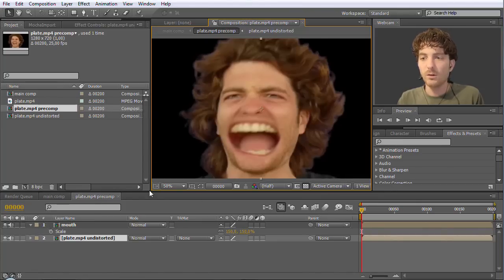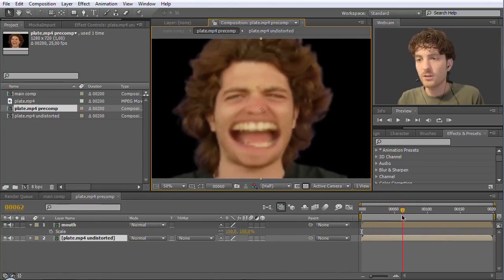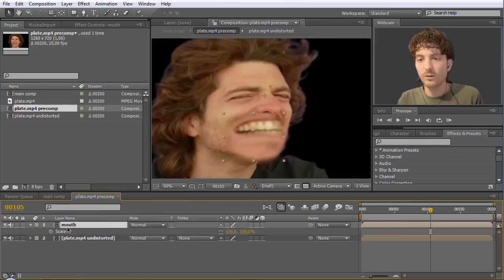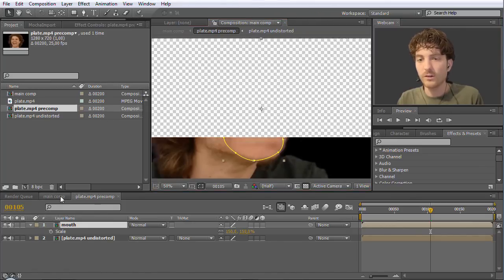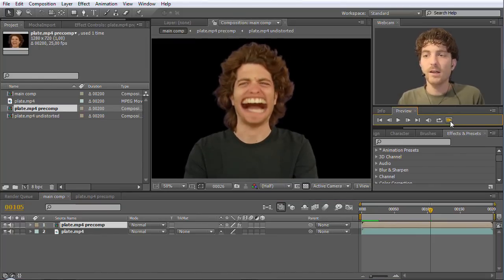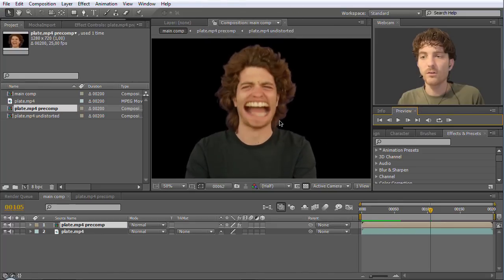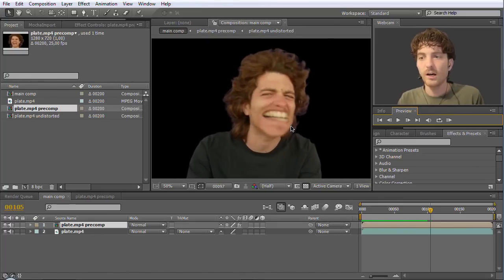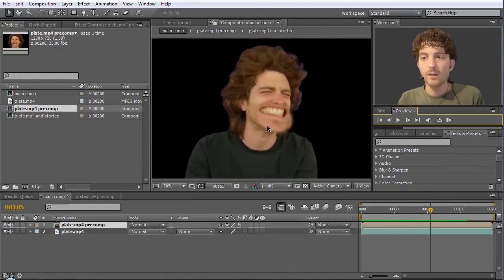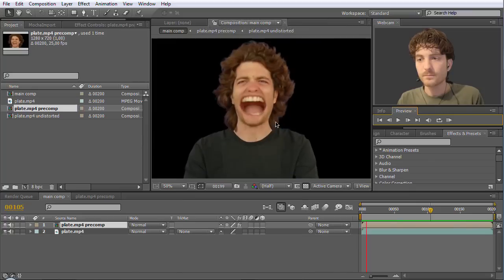Okay, and if we now scroll through the composition, you can see that to a large extent it already looks quite nice. Here, the wrong part of the mouse is rotoscoped. So if we make the mask visible again, you can see that this part of the mouse is just lost. But anyway, if we go here to the main comp, even without any kind of rotoscoping, the result already looks quite nice because our track was so good. So the new, larger mouse perfectly moves with our